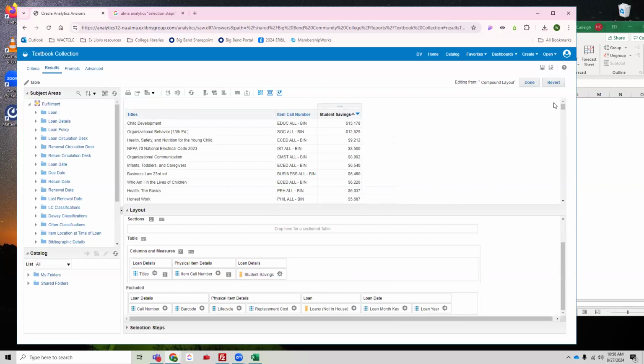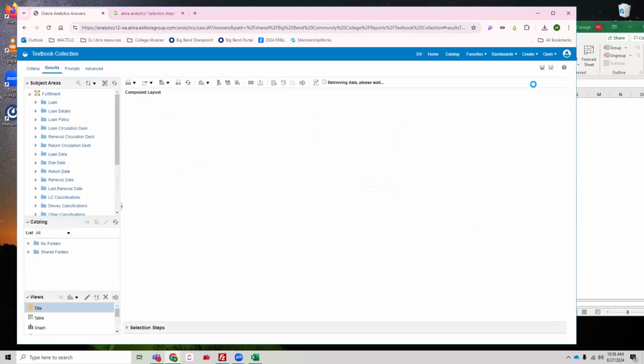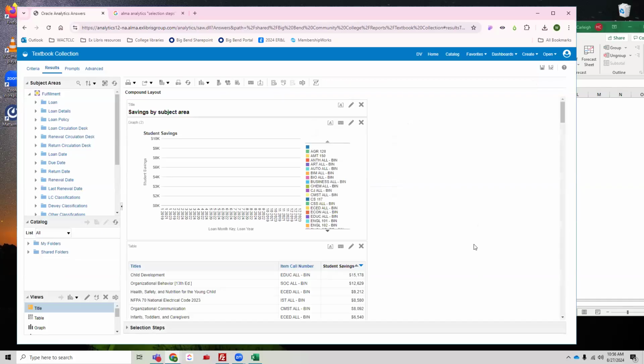So now we've got our reliable title list with the amount of savings. I have unbinned all of those, but that's fixable. And now, instead of using bins, it won't be by school year, but we can